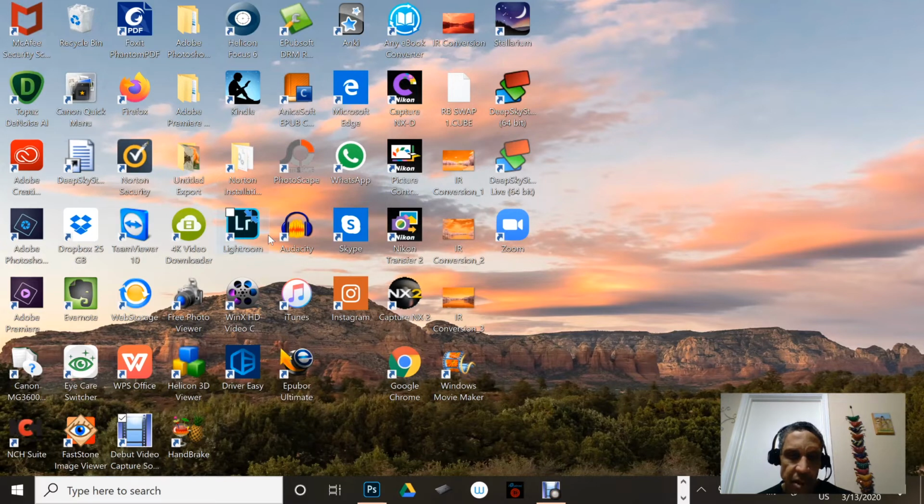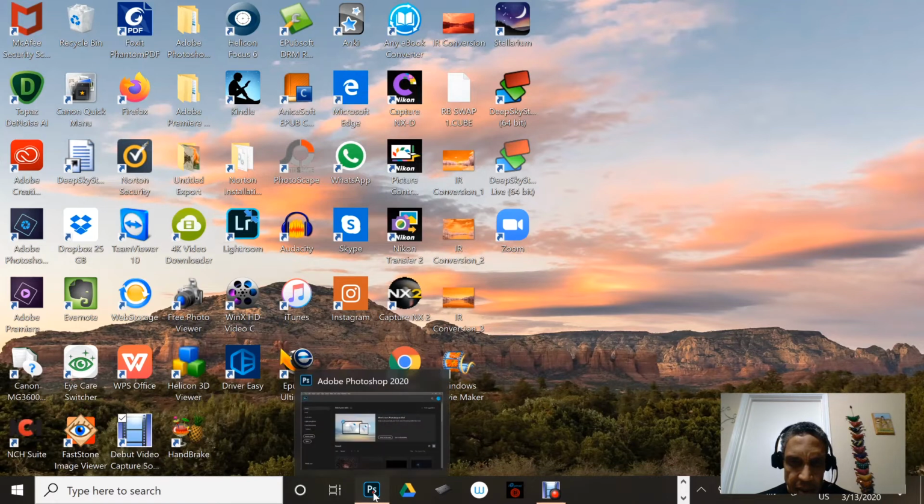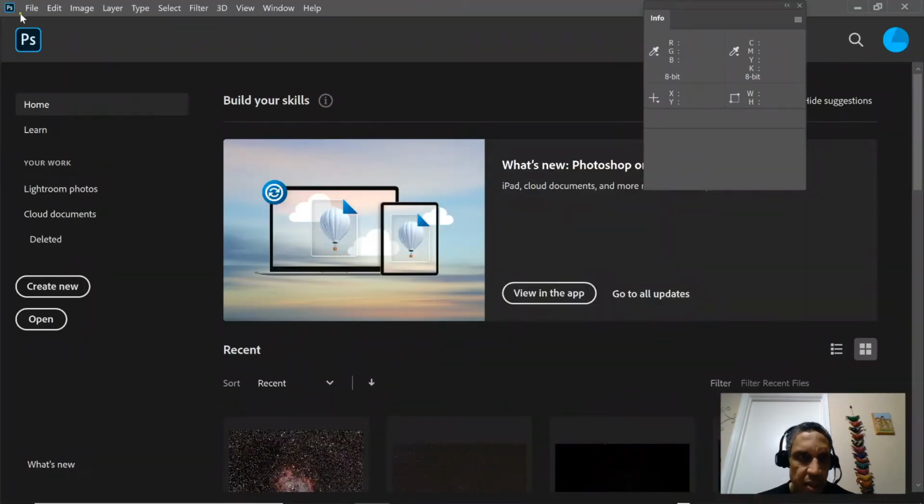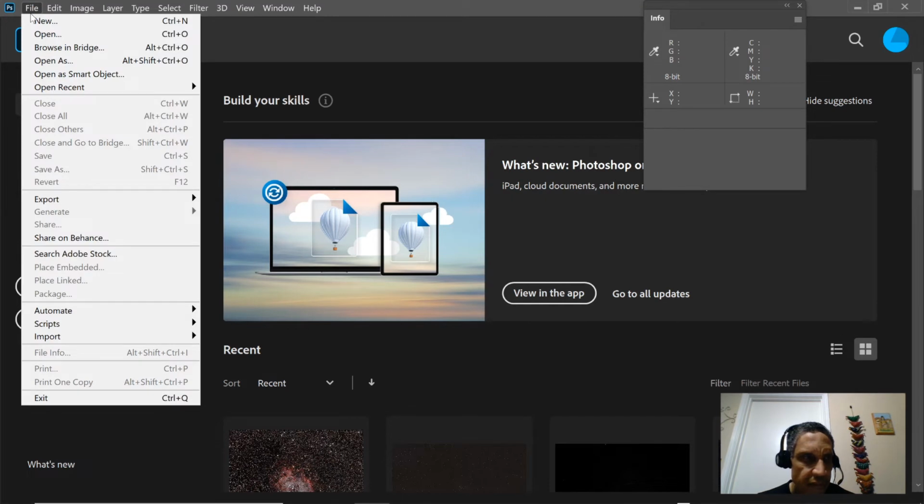I stacked everything in Deep Sky Stacker, so I'm doing this kind of as a tutorial. I found it a little confusing exactly what to do and how to do it. There are different techniques out there, and this is what I've finally settled on as my workflow and routine, and thought I'd share that with people. So here I've got Photoshop open. I'm going to open the TIFF file, the autosave TIFF file,